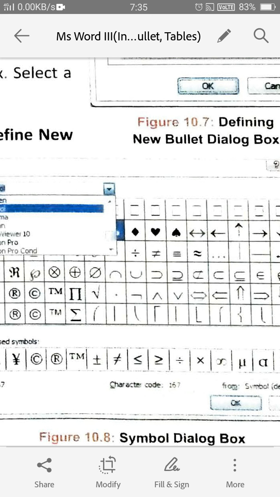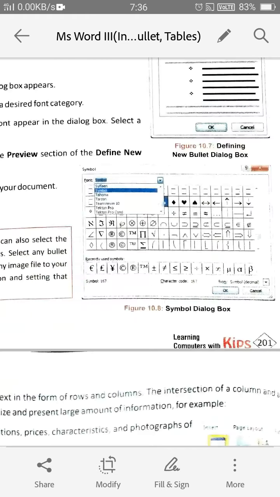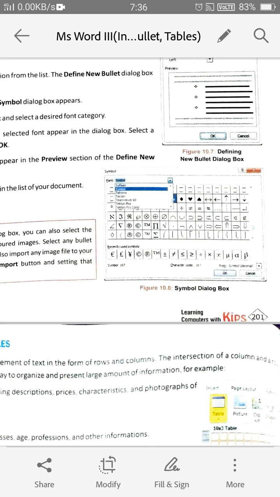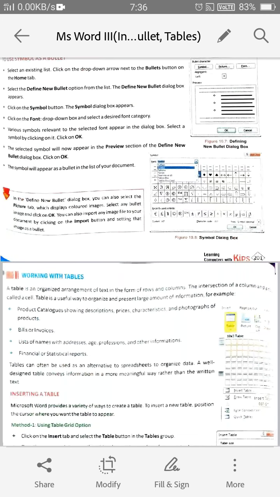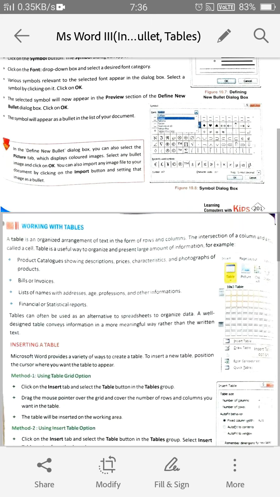For that, firstly select a list and click on the arrow just beside the bullet button, click Define New Bullet, and from this list choose.